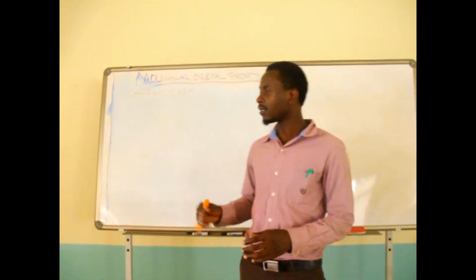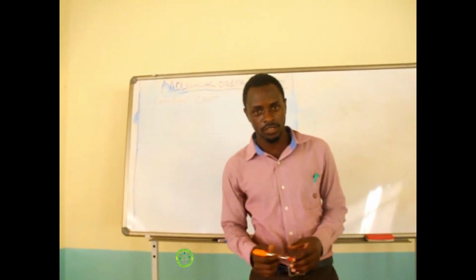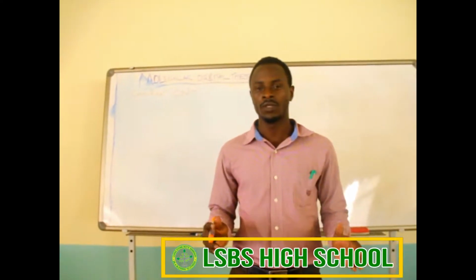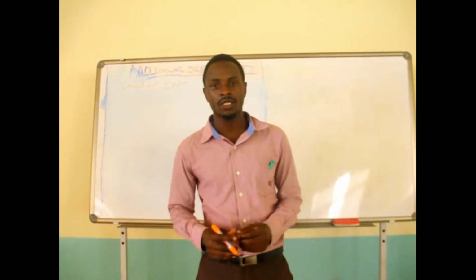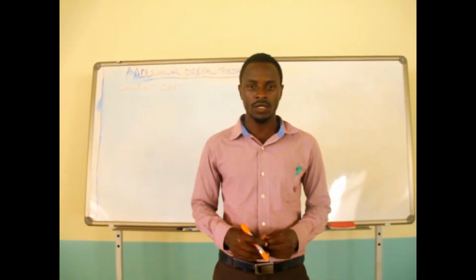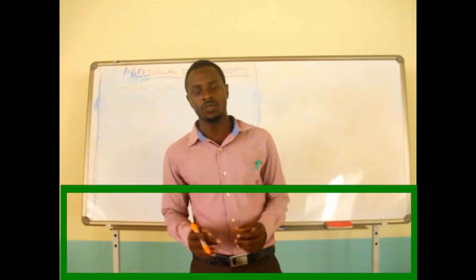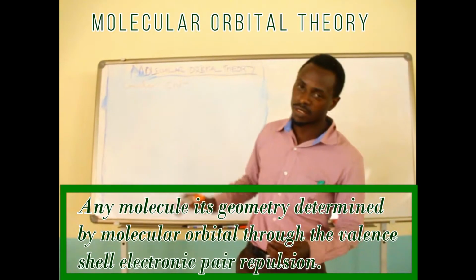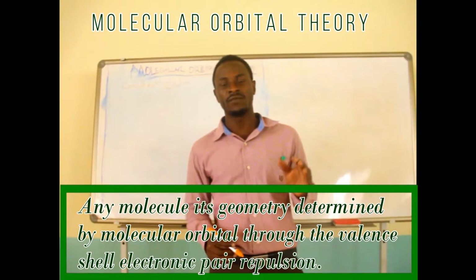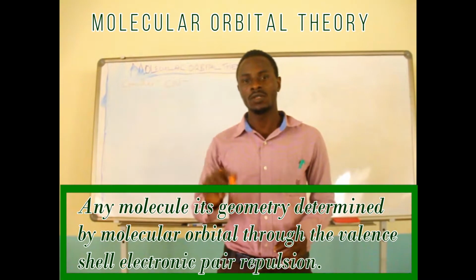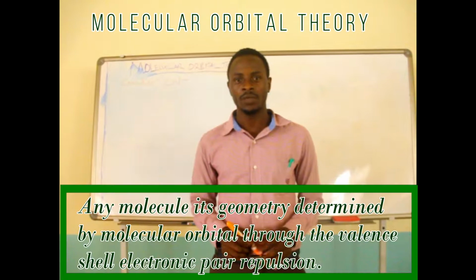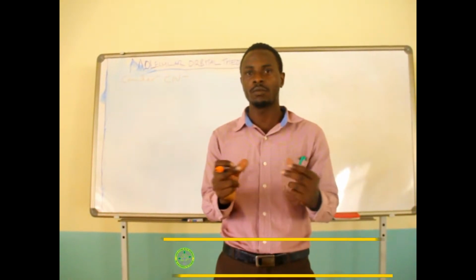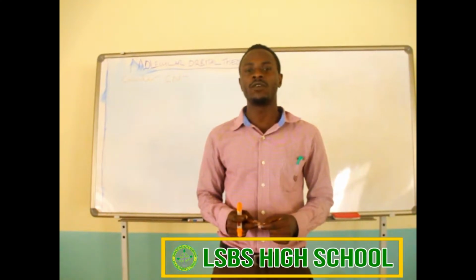Let us learn together about the molecular orbital theory, which is the method for describing the electronic structure of molecules by using quantum mechanics. The geometry of molecules is determined by the valence shell electron pair repulsion theory. Today let us see together how the electrons are arranged, and once two atoms combine, how they form a bond